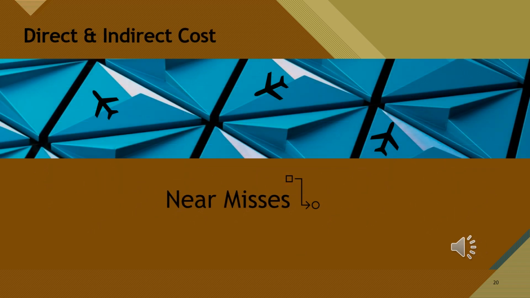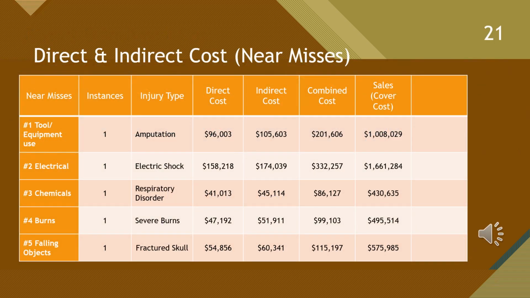Moving on to the indirect and direct cost of the near misses. Looking at this table, you will see that there are 5 near misses. This shows the injury type, the direct cost, the indirect cost, the combined cost, and the amount of sales it would take to cover the cost of the one incident. So the highest one being the tool/equipment use. Their direct cost for one instance, and the injury being amputation, it costs $96,000